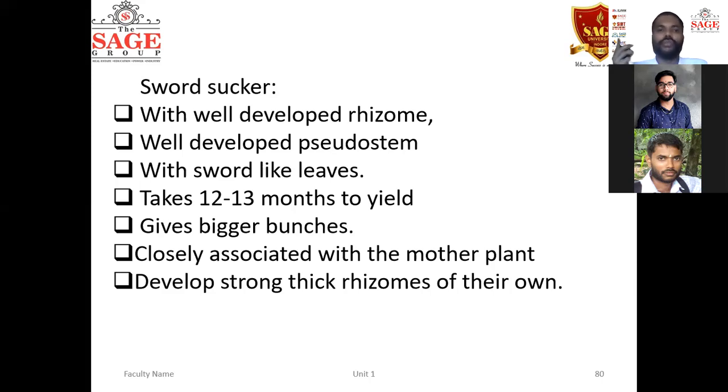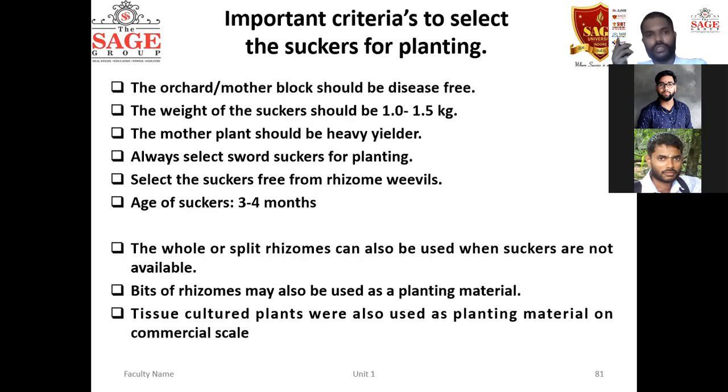Obviously, when we plant short suckers, those plants will be very strong against physical damage such as strong storms, wind or cyclones. These plants can survive very well because their underground portion, the rhizome or corm, is very strong, and their establishment or base is very strong inside the soil. That is why we always prefer short suckers.